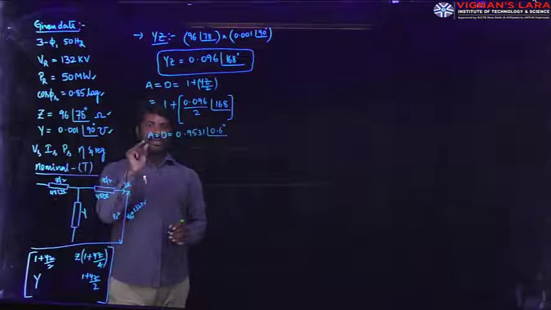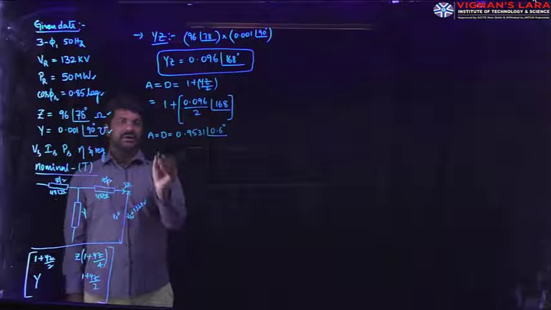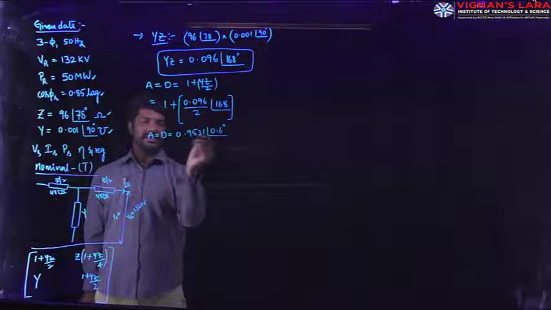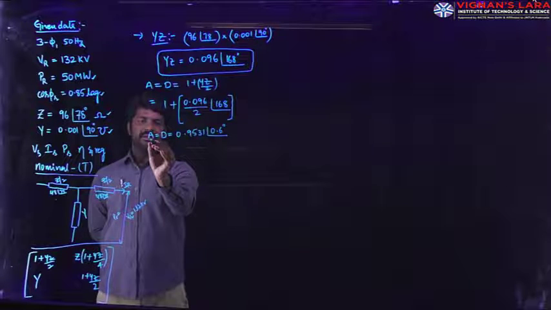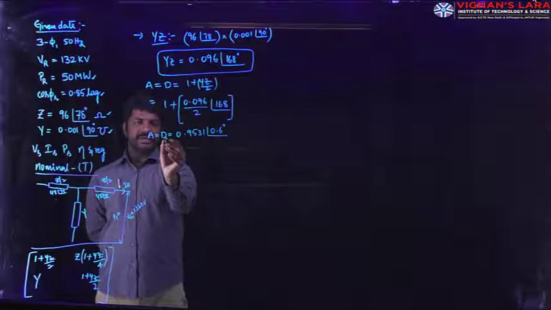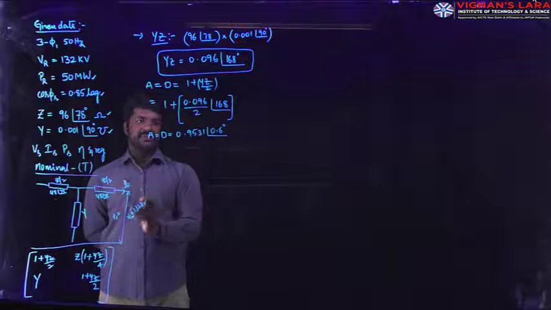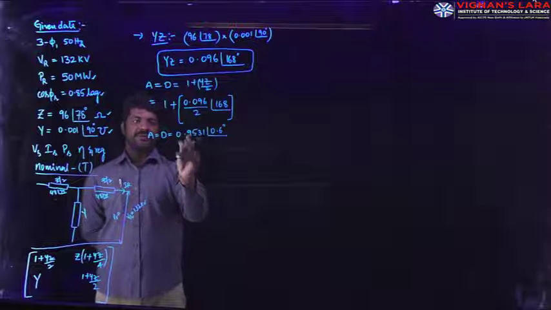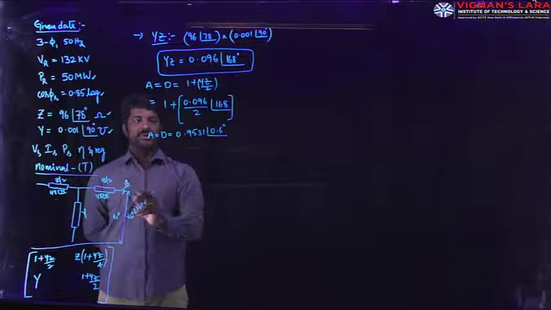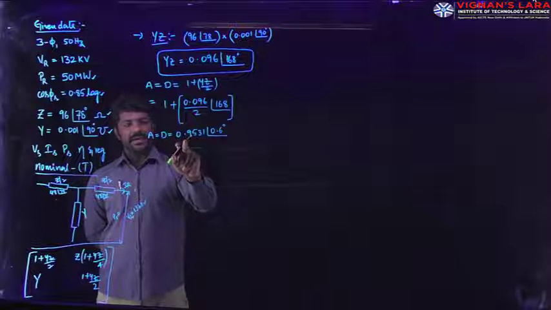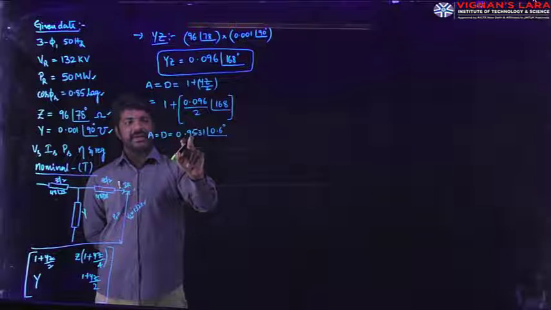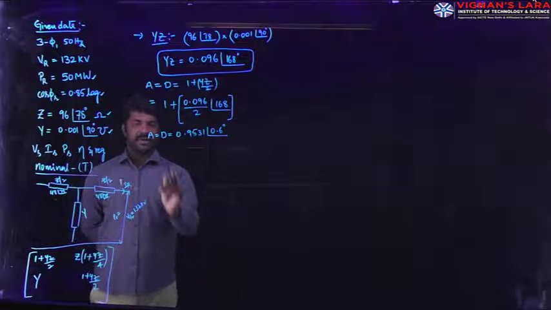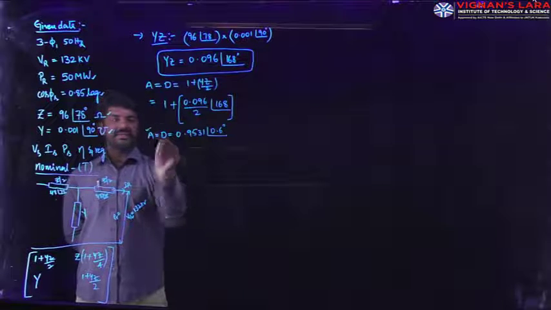The simple indication or verification part is constants A and D will always be equal, as we suggested, and the magnitudes of this A and D will always be less than 1. In decimals you will get the answer. You can verify that. And also it will be approximated to unity. Means always what you get as your answer is either 0.9 plus some decimals. Okay. So the approximated value for this A and D is this.